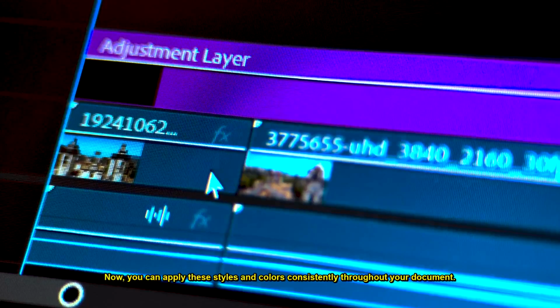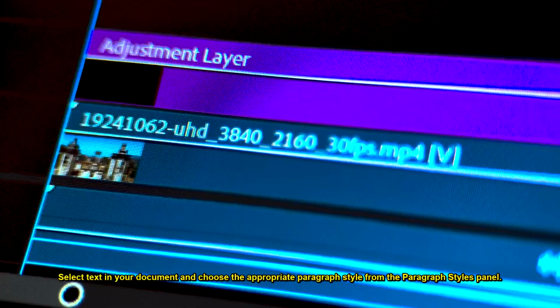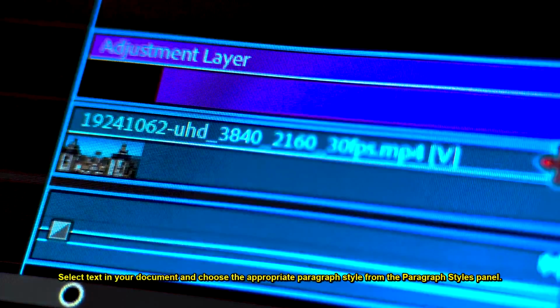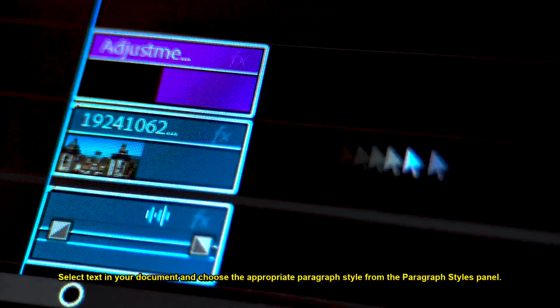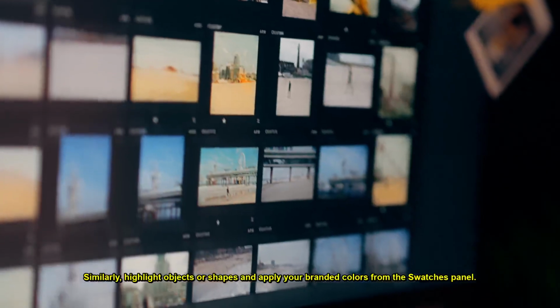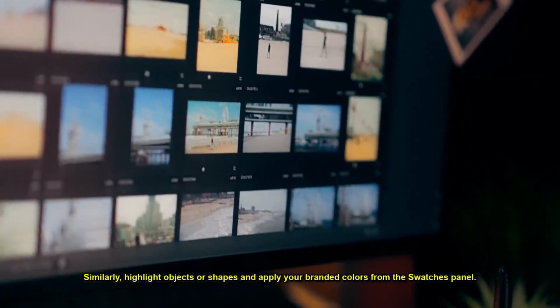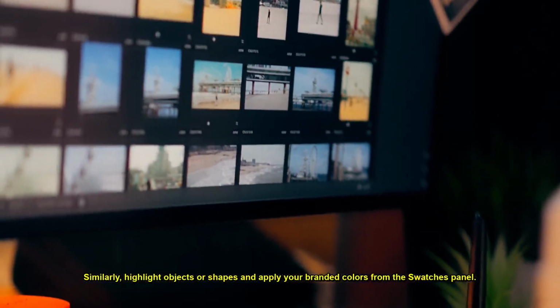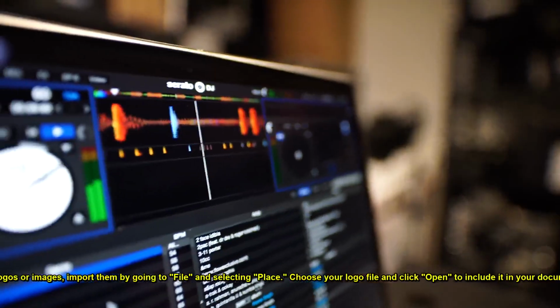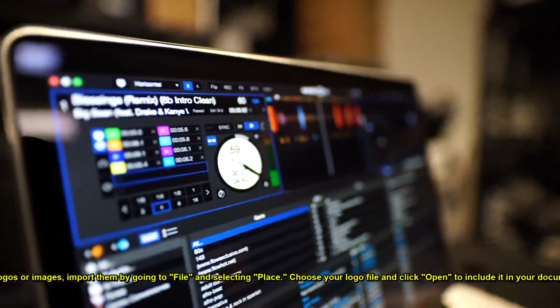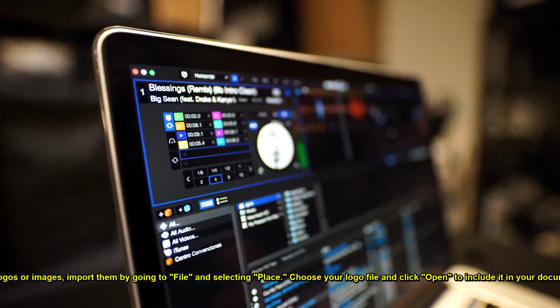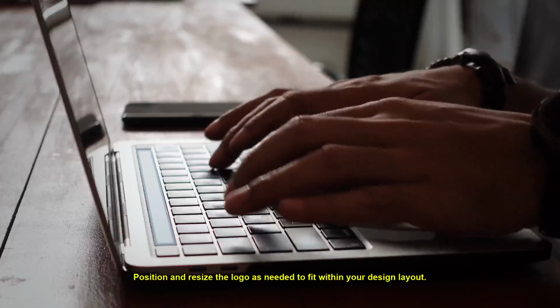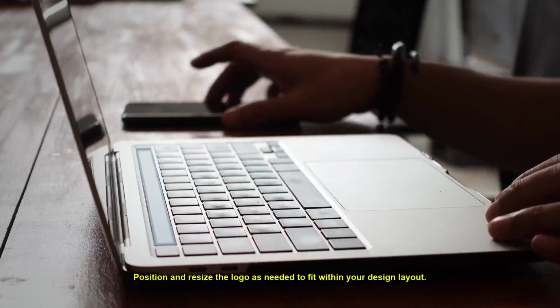Now, you can apply these styles and colors consistently throughout your document. Select text in your document and choose the appropriate paragraph style from the Paragraph Styles panel. Similarly, highlight objects or shapes and apply your branded colors from the swatches panel. For logos or images, import them by going to File and selecting Place. Choose your logo file and click Open to position and resize the logo as needed to fit within your design